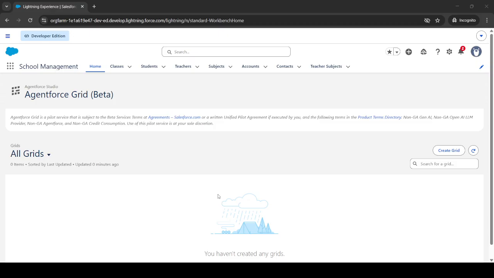And for the last session, what we have done was we have seen how we can create a junction object, how we can use a master-detail relationship using the junction object, how we can use a lookup relationship using the junction object, and multiple things in the last video, right? How we can delete the record, how we can restore the record from the recycle bin, etc. Right? So if you haven't gone through that, I would request you please go through it so you will get more